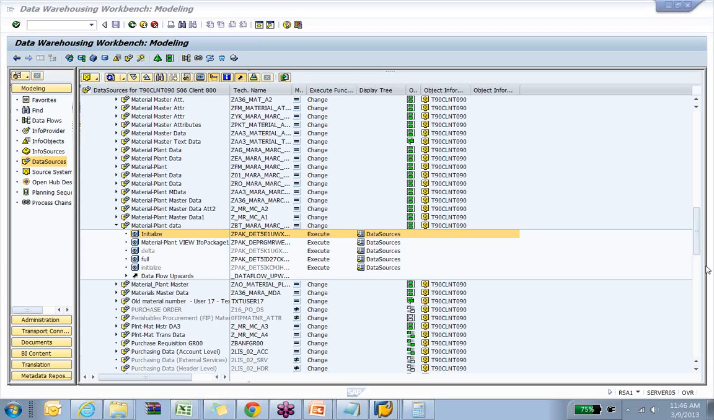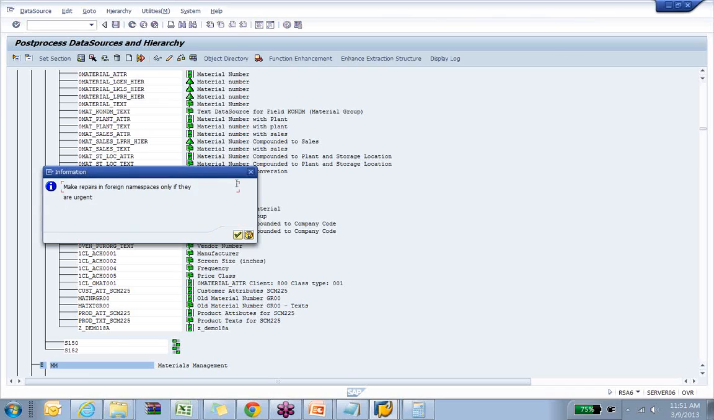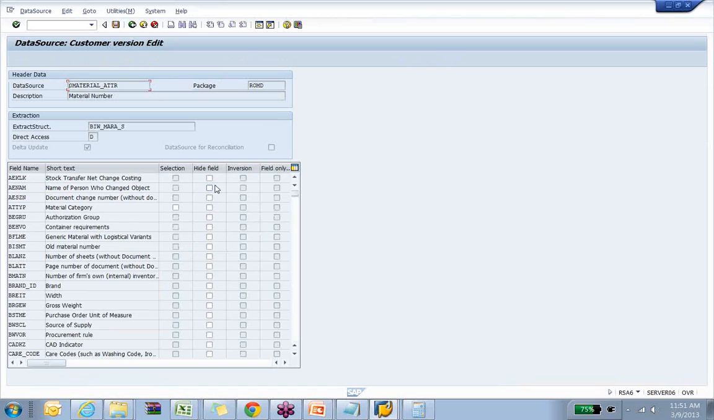Open up. Right, so you will select it. So you will select